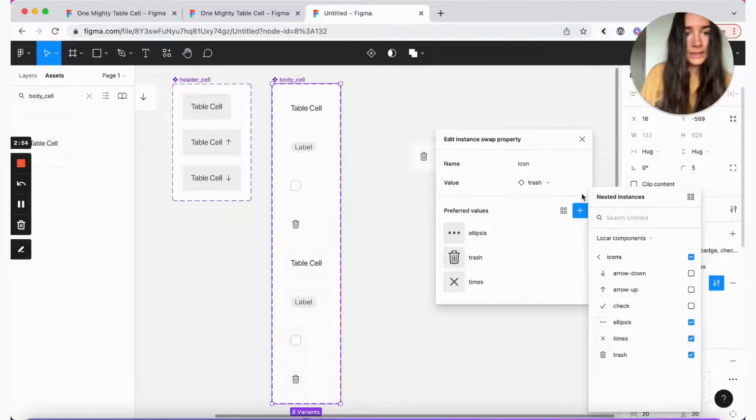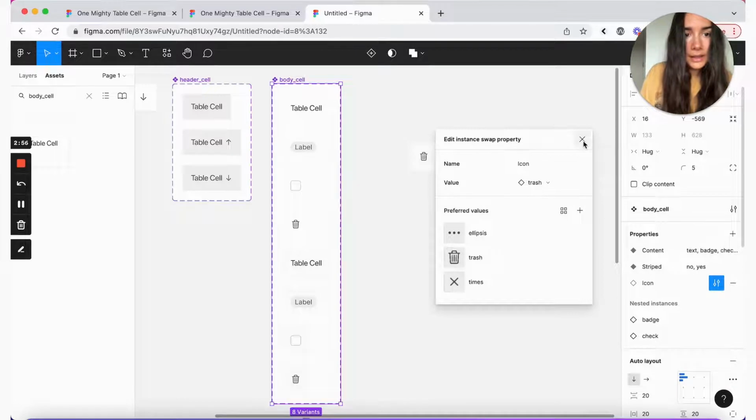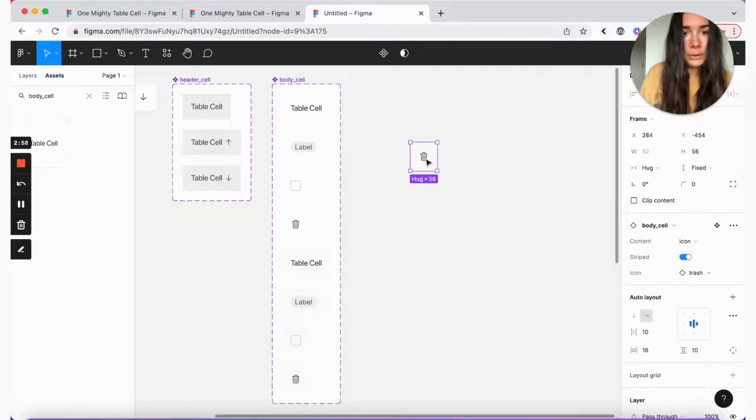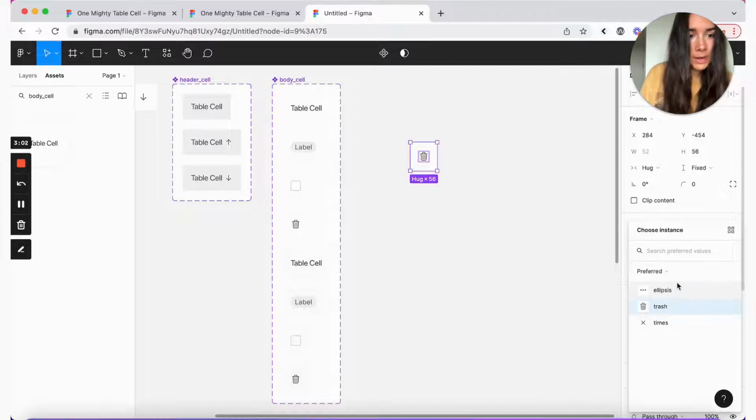So we'll select those 3. And now, if we return back to our body cell instance and click to swap, we'll see this new dropdown here that says preferred, and we'll only see the instances that we selected on the main component itself.